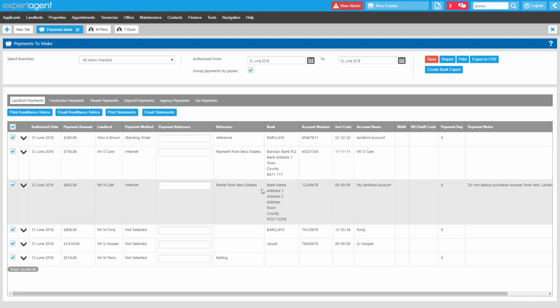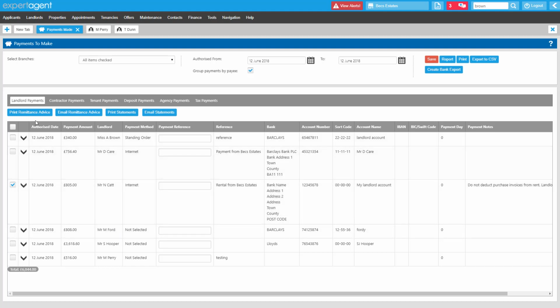So we'll have a look at running both now so you can see examples of what both look like, and we'll have a look at printing and emailing them and the different ways that works. What I'm going to do is untick everybody and just tick one of my landlords so we can have a look at an example. But obviously, if you leave all your landlords selected and do a remittance or a statement run for everyone selected there, the remittance or statements will print or email separately to each landlord in the list. So if we start with remittance advice,